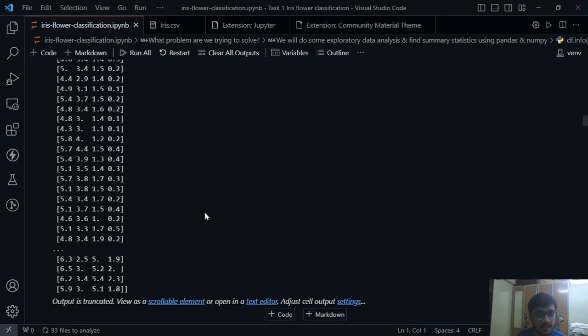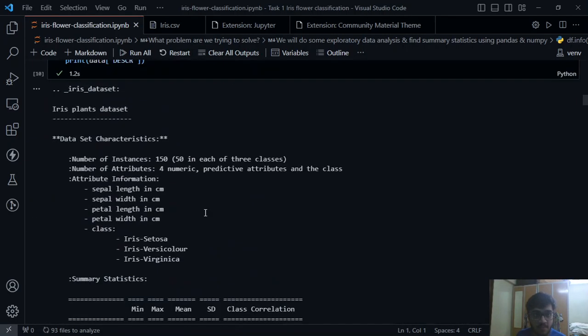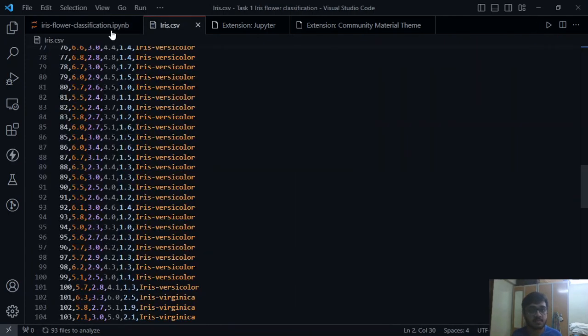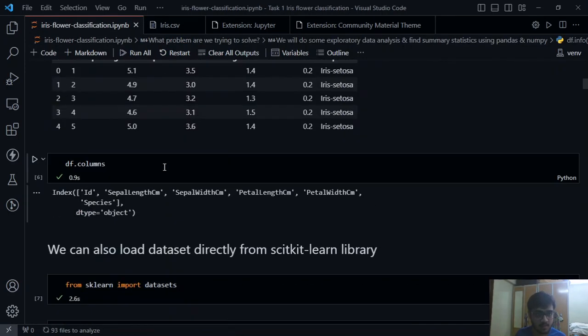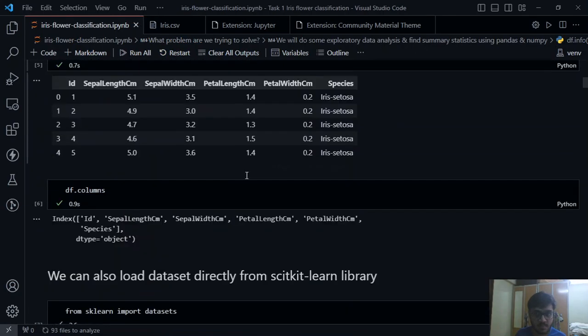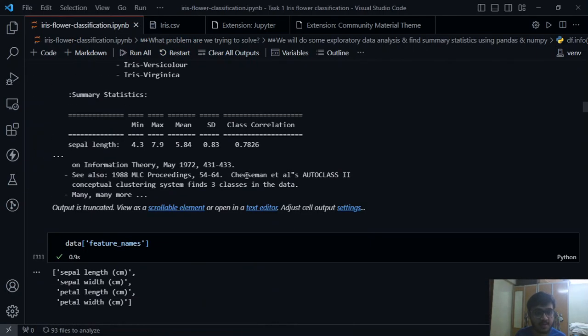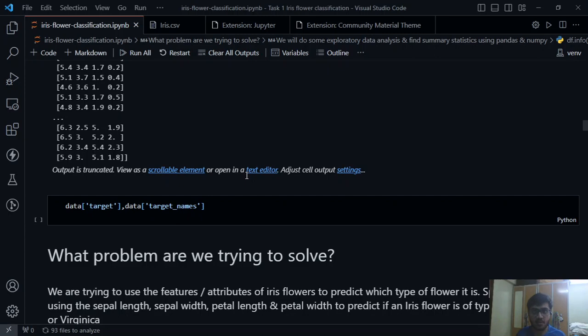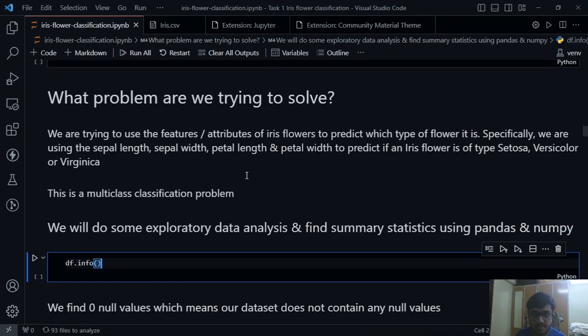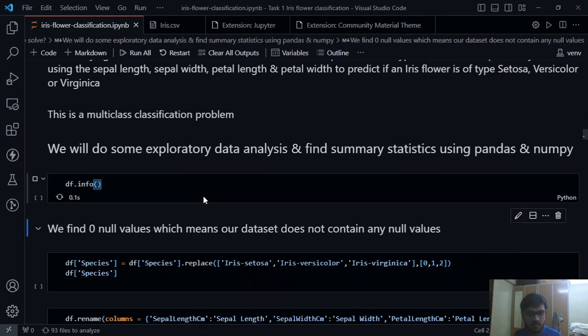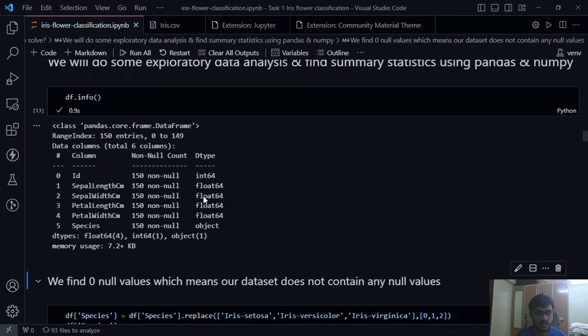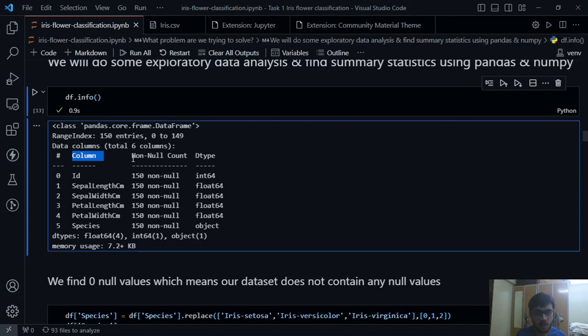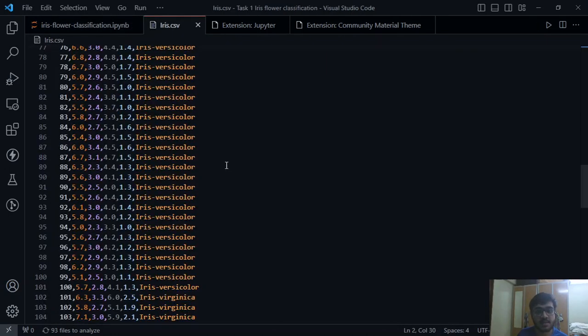So remember the df variable, the data frame which we loaded a CSV file into. Let us have a look at it by running the info method on it. There are 2 methods, info and describe. Let us see what those do. The info method gives us the column names, the count of non-null values and the data type. ID, as you can see, is an integer column, int64,